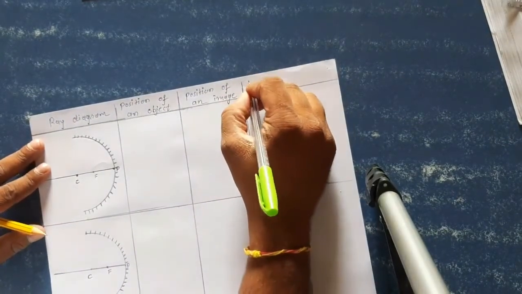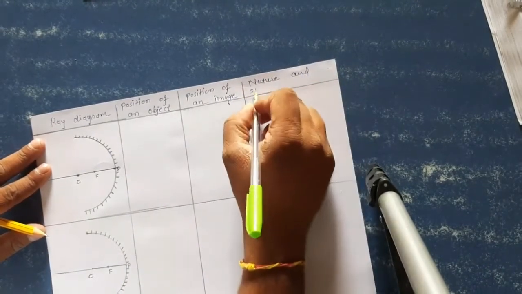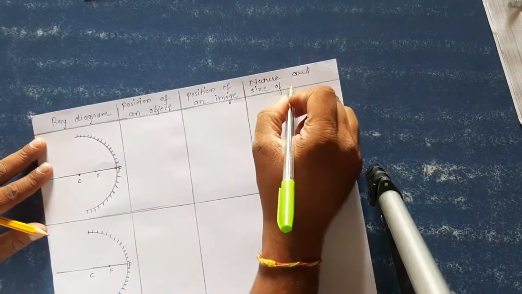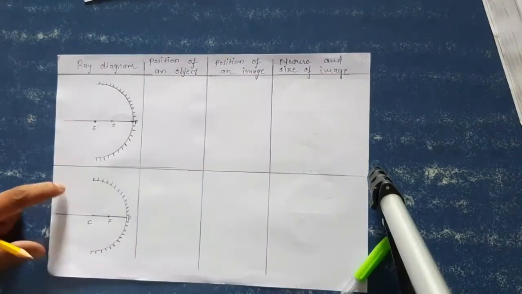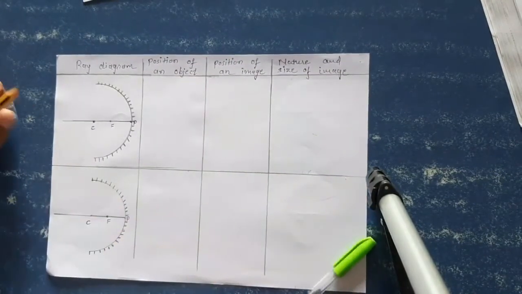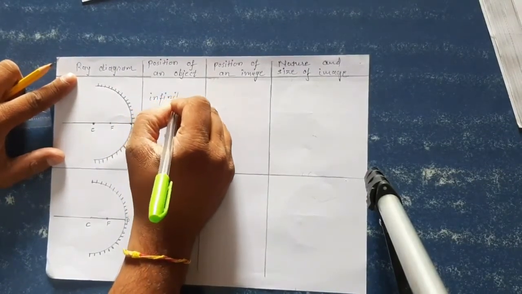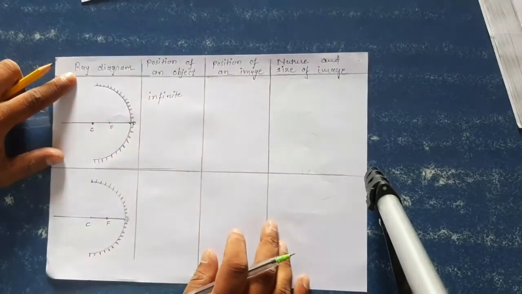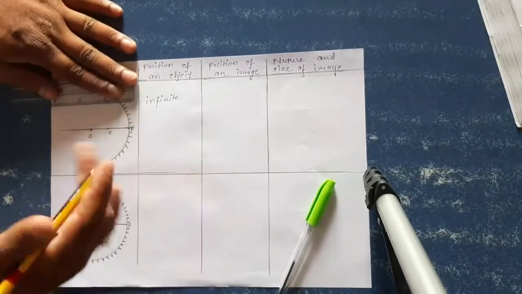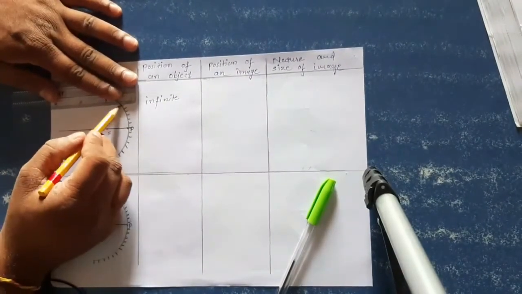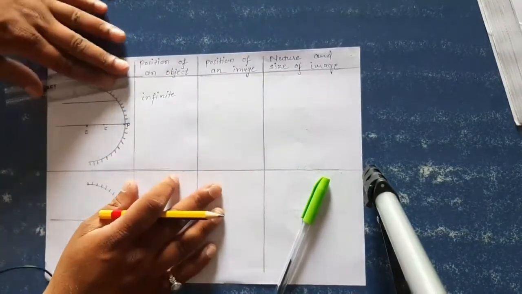So here we will have nature and size of image. So let's start. In the first case, our object is at infinite distance. If our object is at infinite distance, by using the ray diagram, suppose I take a light ray which is parallel to the principal axis and which is coming from infinite distance,